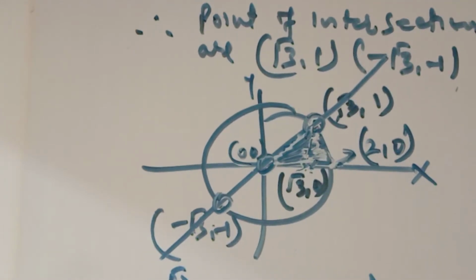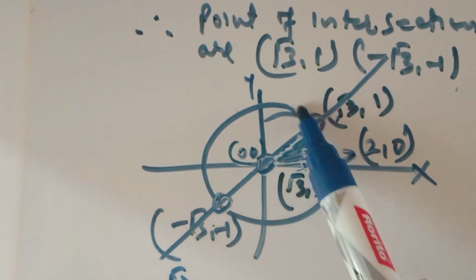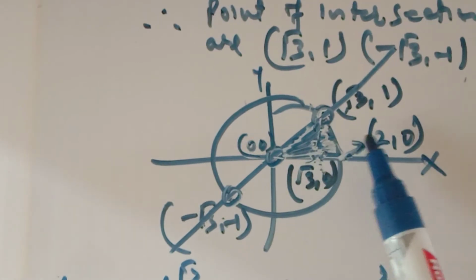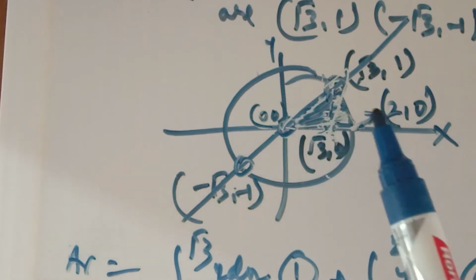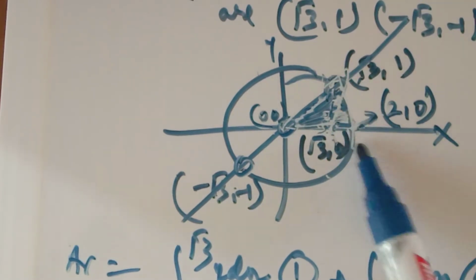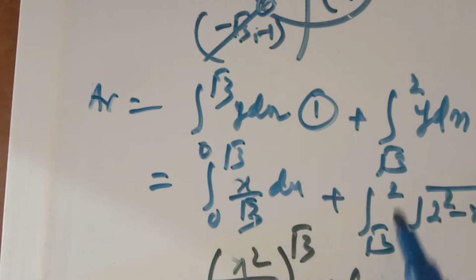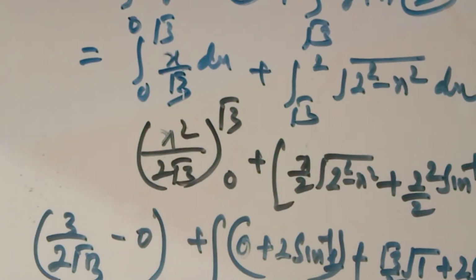For the area you have to find, draw a perpendicular from the point of intersection to the x-axis or y-axis, because here you're touching the x-axis, so you draw the perpendicular from the point of intersection to the x-axis and mark the coordinate of the point it touches on the x-axis, which is root 3, 0. Now from 0 to root 3 it is touching the straight line, and from root 3 to 2 it is touching the circle. Integrate and find the area bounded by these two curves. So this is how you have to find the area bounded by the two curves.